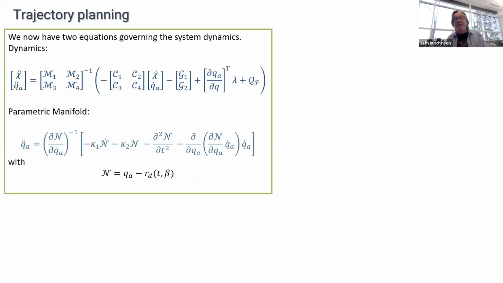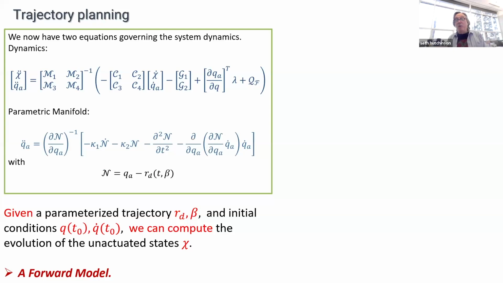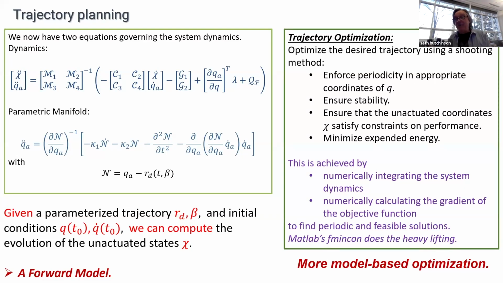So these are all the equations that we have now. Right, we've got the aerodynamics at the bottom, the full system dynamics at the top. That is a forward model. Right. If you tell me the desired trajectory, I can solve these equations basically from the bottom to the top and compute what the unactuated dynamics will do. Right. So I don't have direct control over the unactuated dynamics. And in fact, I have to solve a couple of sets of equations even to know what they're going to be doing. But I've got a way to do that. And that means I can do optimization.